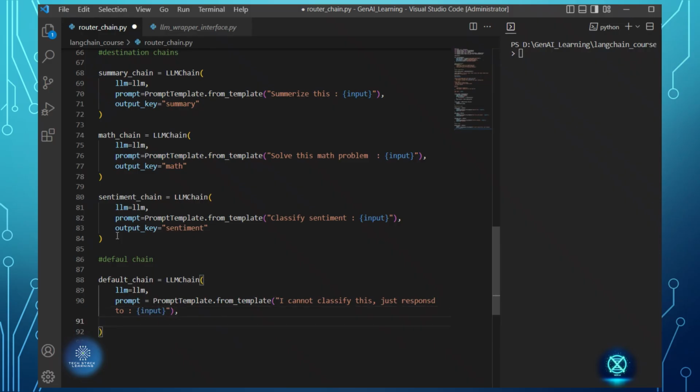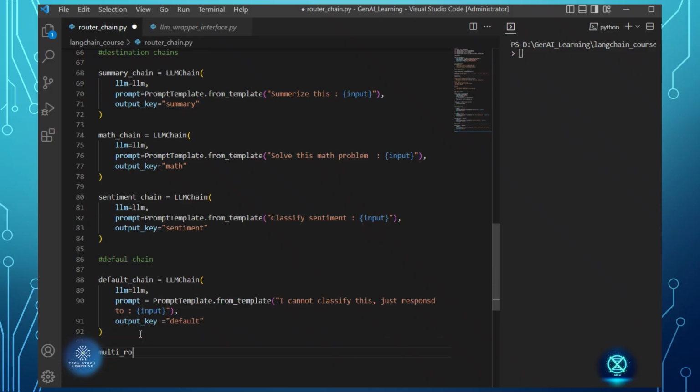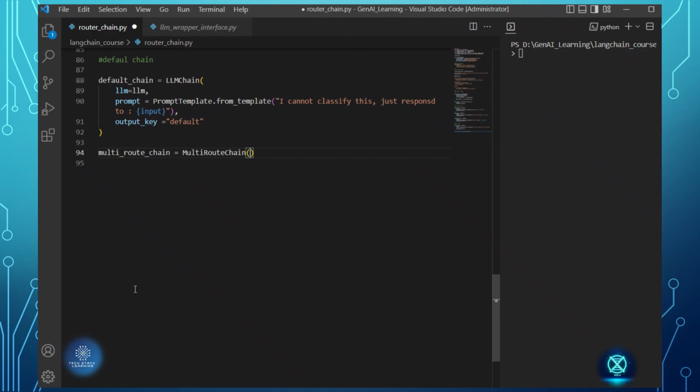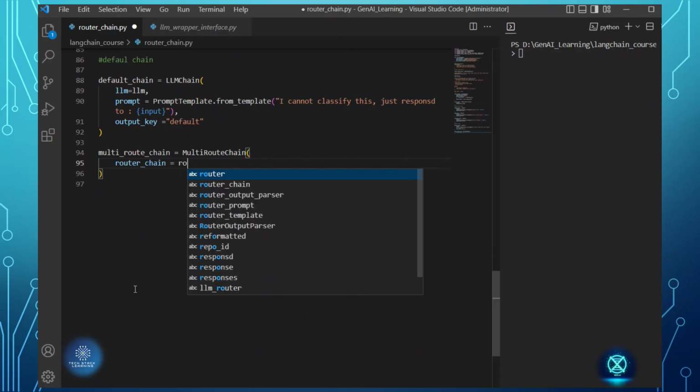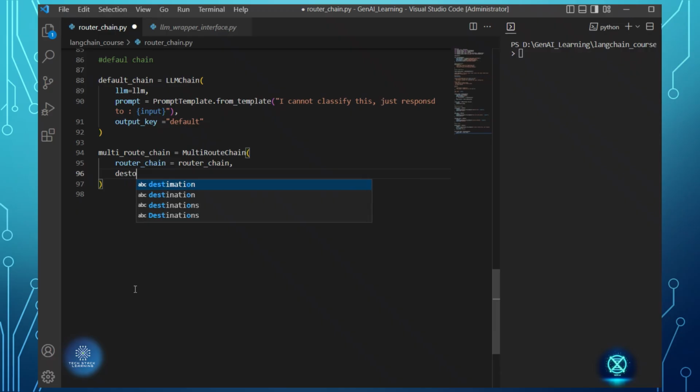Then I'll say output key will be default. Okay, so now we have the default chain also configured. Now we will have to combine everything into a multi-route chain, right? So multi-route chain equal to MultiRouteChain, which we have already imported, right? So router chain, this is the guy who will be routing and identifying the destination, right? Then we will have destination